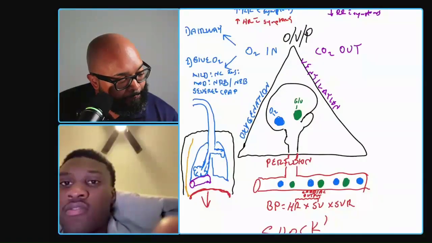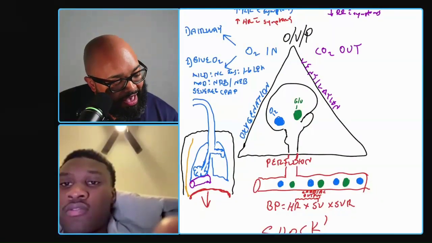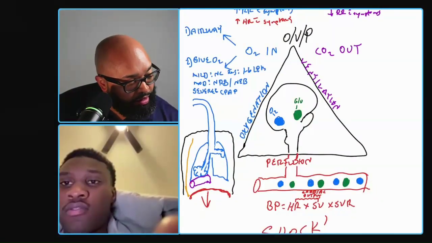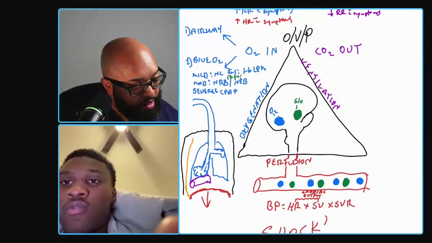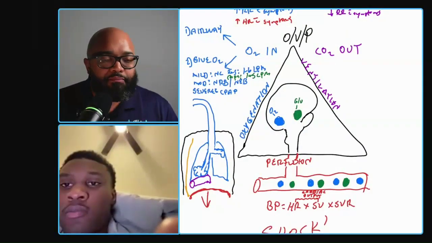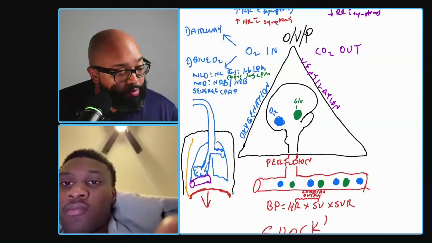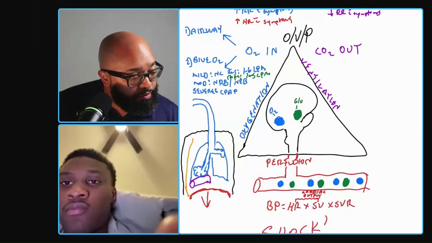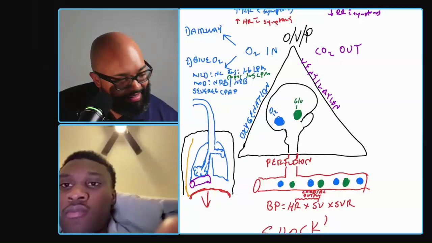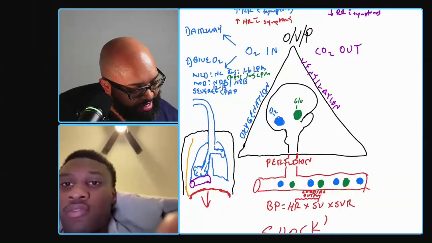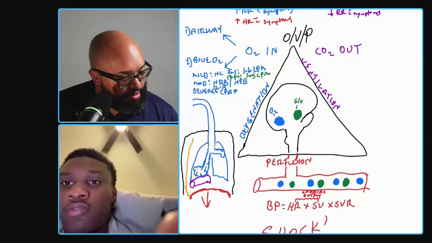Check you out. Now, what if we have a capno nasal cannula, the green one? 1 to 5. All right, that's going to be 1 to 5 liters per minute. Now, what if we have moderate distress and we're going to use a non-rebreather? What's our flow rate there? 12 to 15. All right, that's going to be 12 to 15. And what about a nebulizer? 6 to 8. 6 to 8.